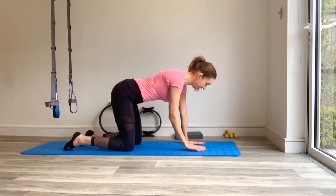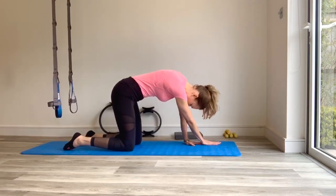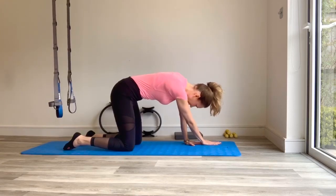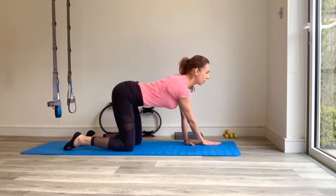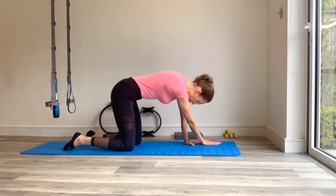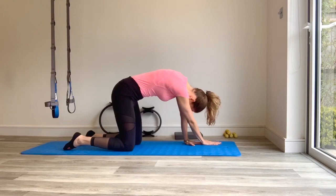Out to the side, right hand on top of the left, and again, so we're round the back, drop the head, breathe in, feel the legs, and then breathe out. Take that spine back into neutral, lift the head, lift the chest, pushing the tailbone up, stomach muscles push down, and again, coming into the rounded back, into the round, head down, breathe in, and then breathing out, and then